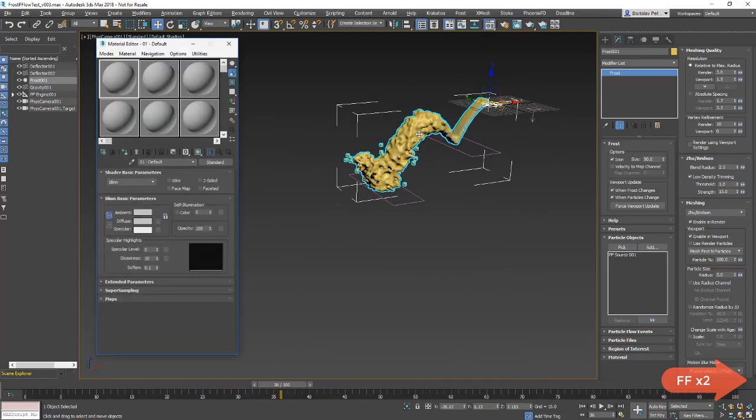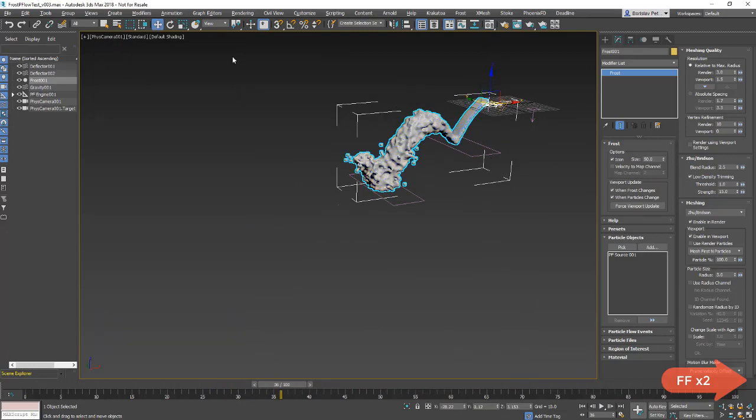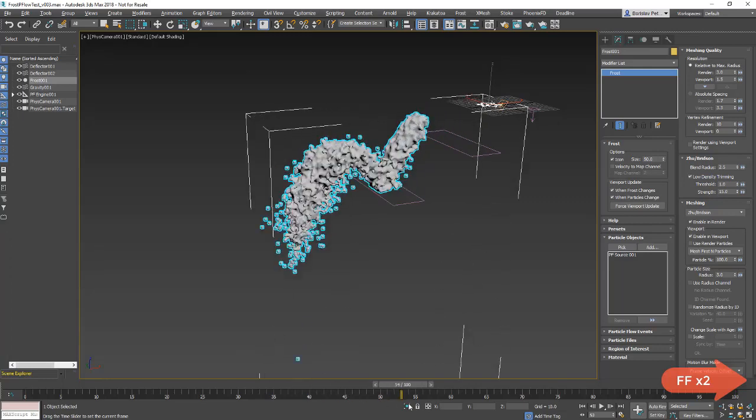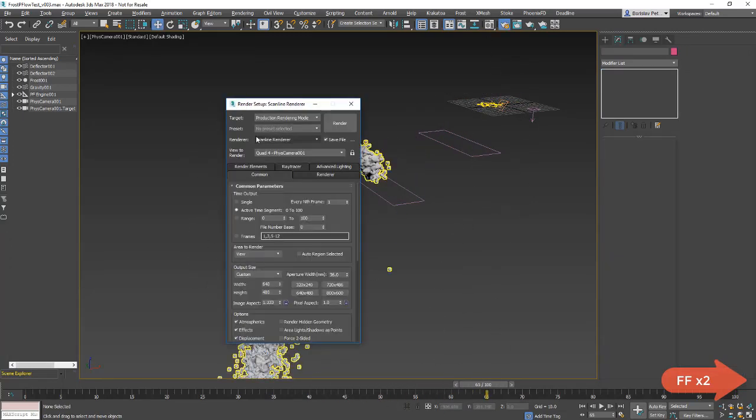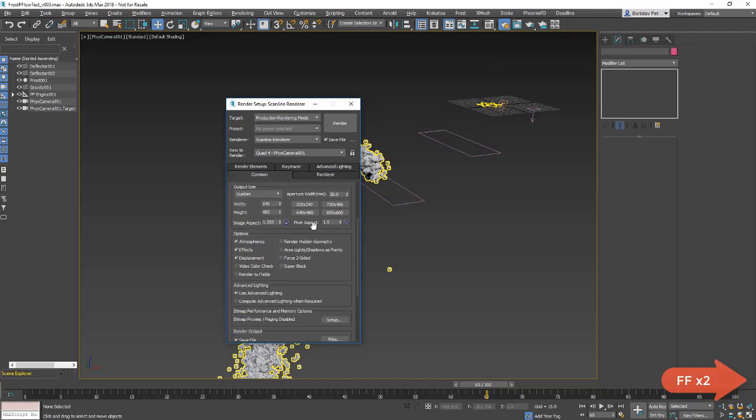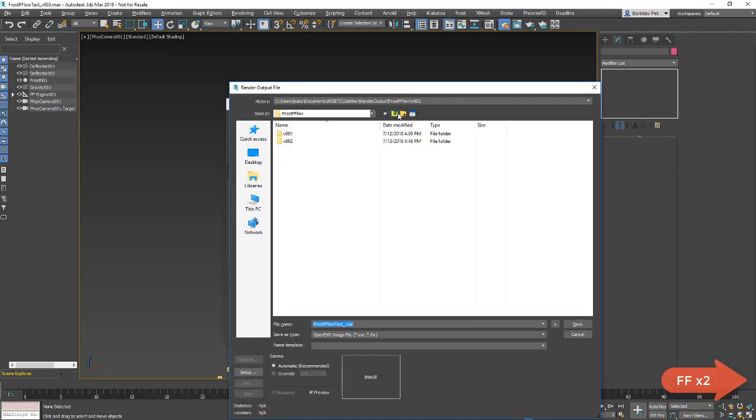Next, we can assign a standard material to the mesher, and we can set up the render settings. We'll use the scanline renderer, animation of 100 frames, default resolution. We'll create a new output folder,